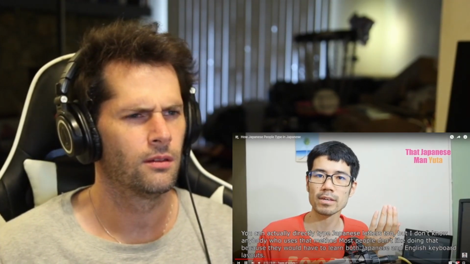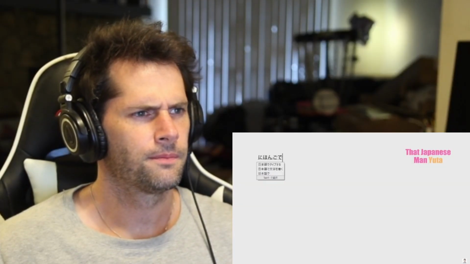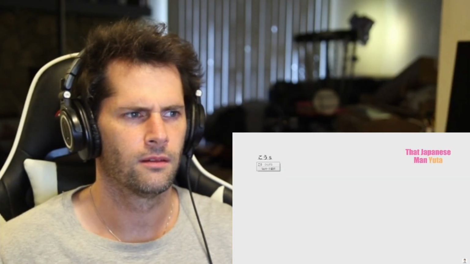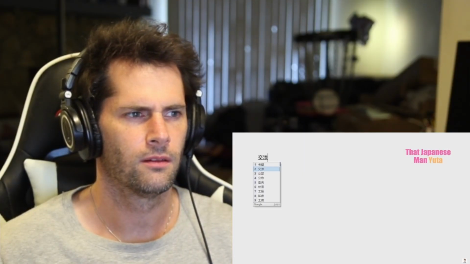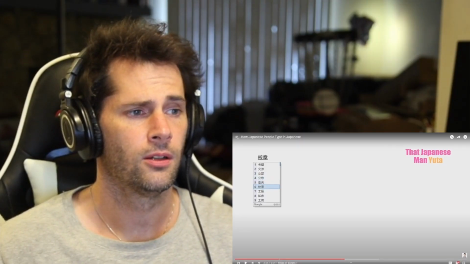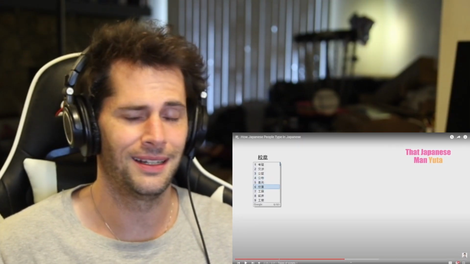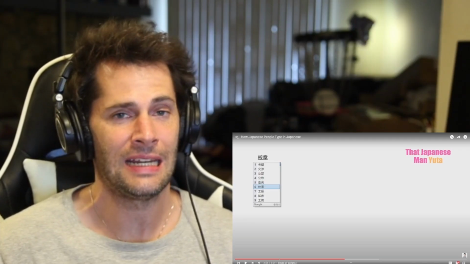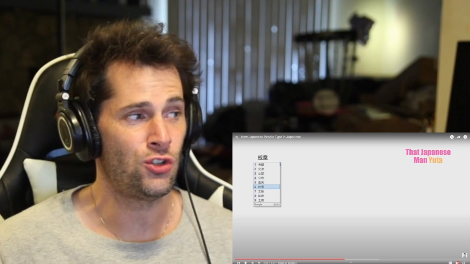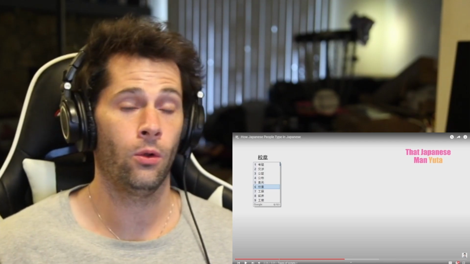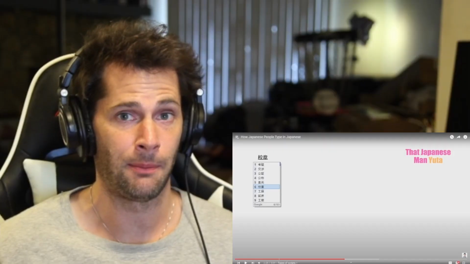And when you type everything in hiragana, you hit the space key and convert it to kanji or katakana. But very often, the first option is not exactly what you want, so you keep hitting the space key until you find the right kanji. Oh. So, this is, oh my gosh. From what I can understand here, Japanese people have to do a ton of work to type. Like, it is a whole different kind of experience for Japanese people.